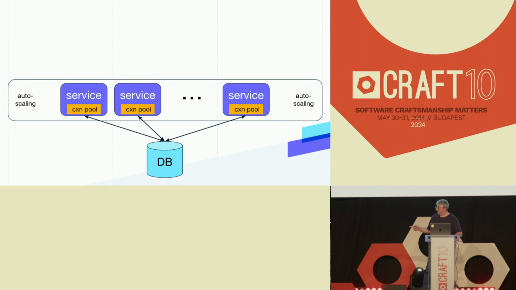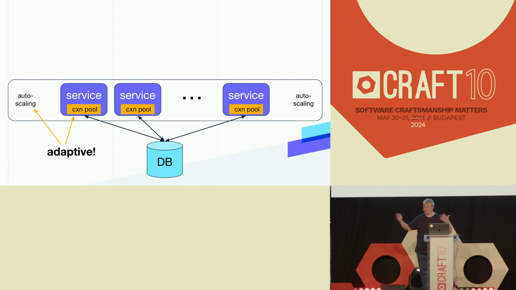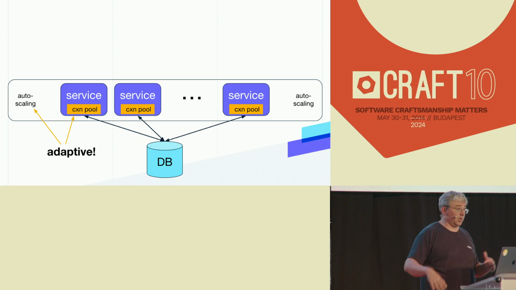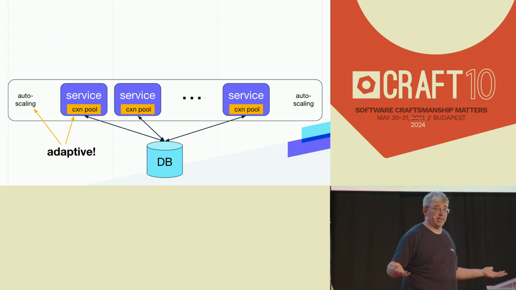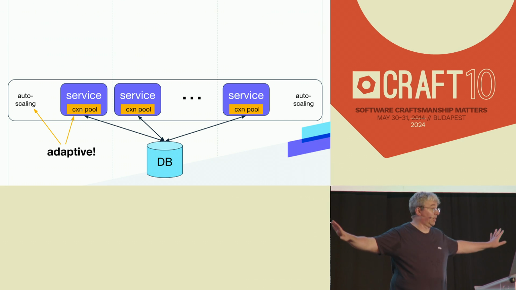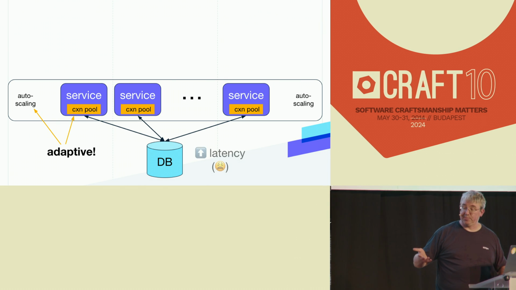The other thing that this gets us is a little more predictability, right? So auto-scaling is an adaptive mechanism. We're going to scale up and down according to its own model. You can also make connection pool sizing adaptive in a very similar fashion, based on errors from the database or timeouts or things of that sort. So the question is, if I have both of these adaptations going, what is going to happen? How do they interact, right? They're usually implemented completely separate from one another, and so we get a little less predictability out of this.